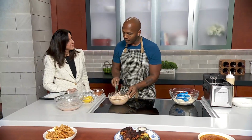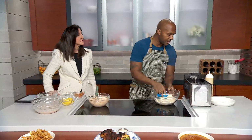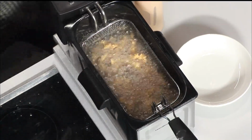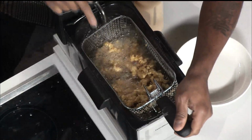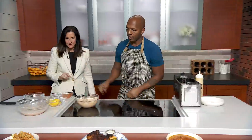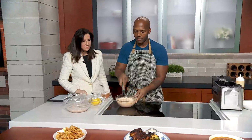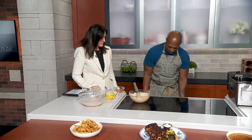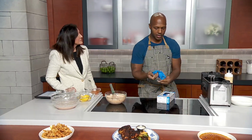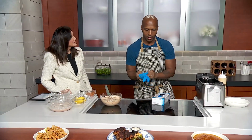Let me see. So the clams themselves should be about ready. They're almost perfectly golden, so maybe another 30 seconds or so. Because they don't take that much time at all. What we do, I'm gonna get another pair of gloves. What we do with the clams when they are done,